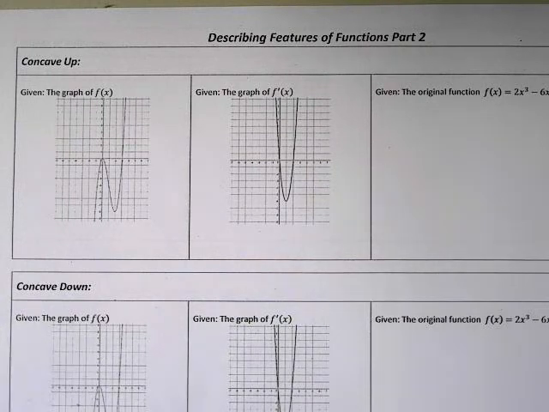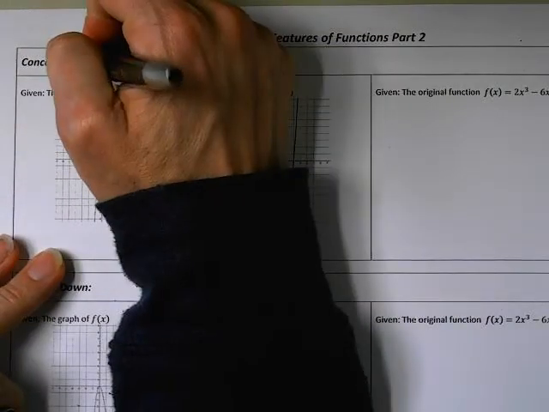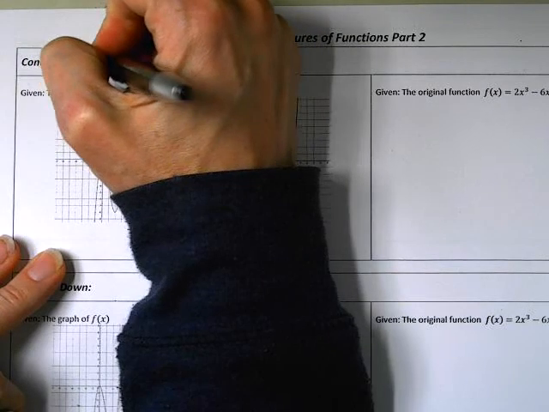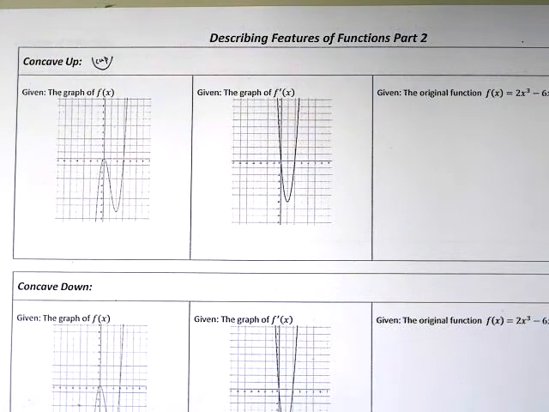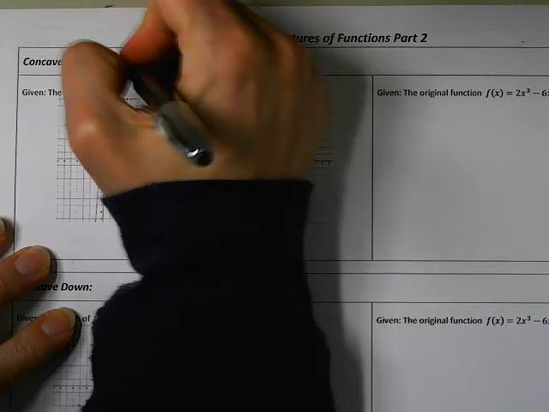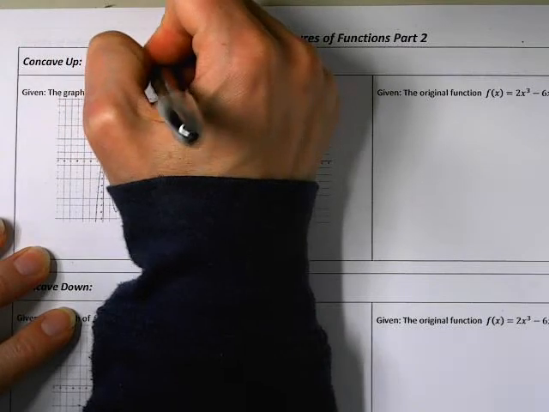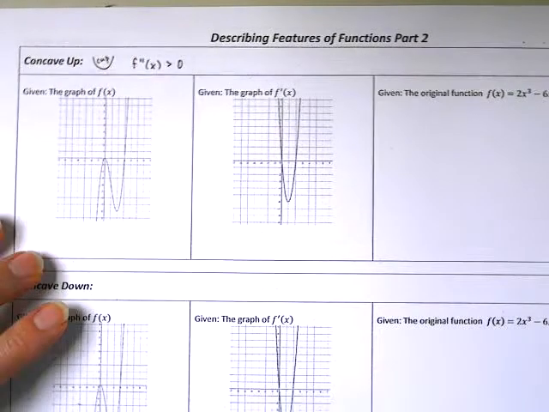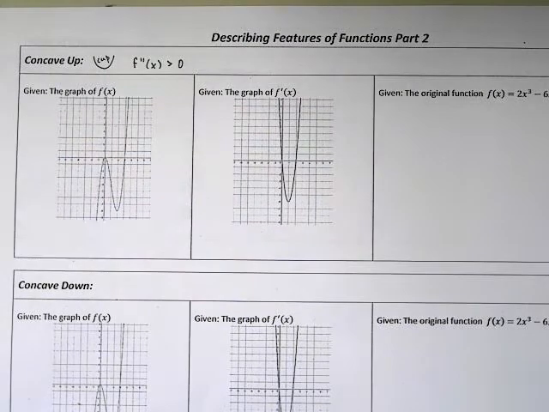Remember, concave up we said was where we're kind of opening up like a cup. And we know from what we did with linear approximations and determining if they were under or over estimates, we know we're concave up when the second derivative is greater than 0. So let's go ahead and look at different scenarios and figure out how we're going to figure out intervals where we're concave up. Now, when we're given a graph of f, it's a little bit tricky to determine this,